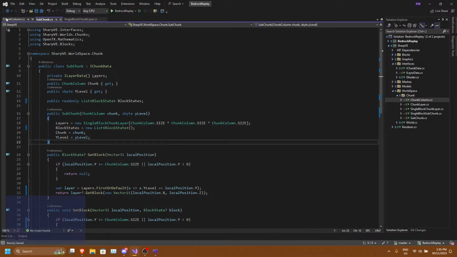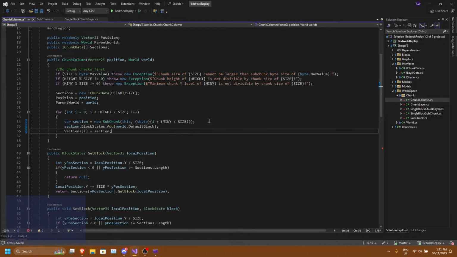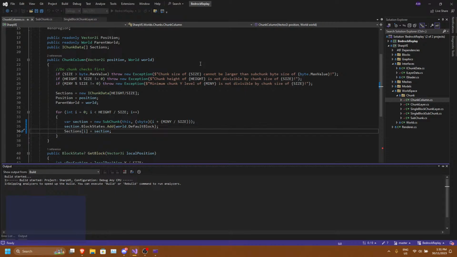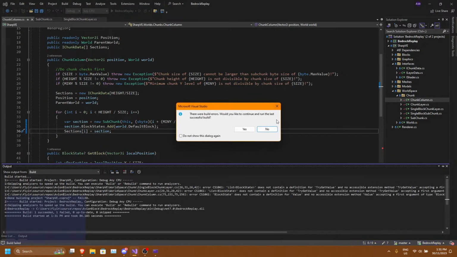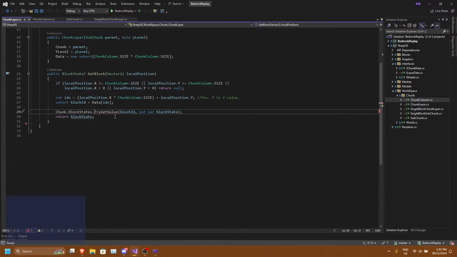That seems a lot cleaner to do that way. Hopefully this will work. Okay, no. Okay. That's a bit of an issue.